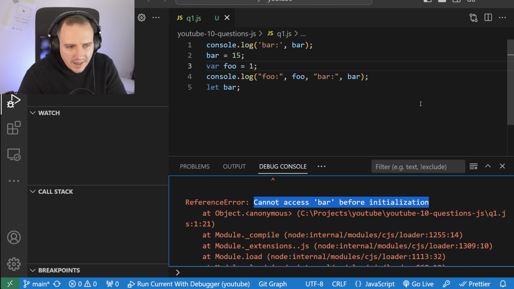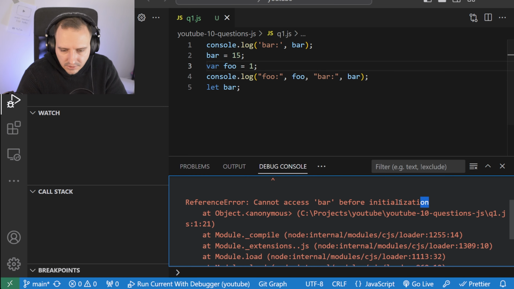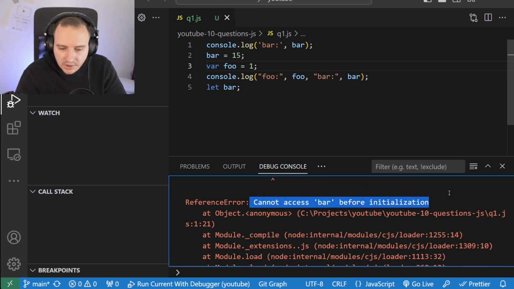I don't think anyone but the JavaScript engine developers know. I'm too lazy to Google it. From our perspective, it doesn't really matter. All you need to know is that if you do that with let, you're gonna get an error. If someone asks you what's gonna happen, you're gonna get this error message, okay?